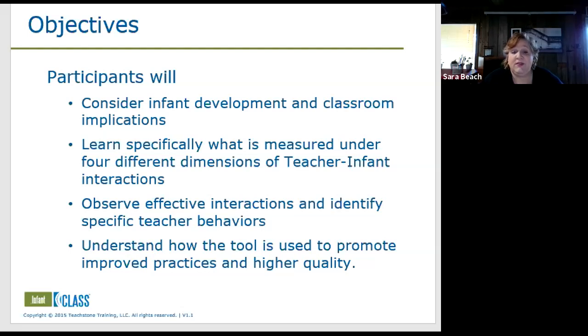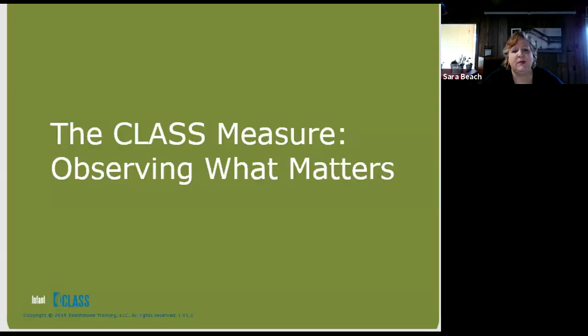And that's the beauty of this kind of tool, because it gives you a framework. It gives you a list of all the things that you would need to do if you're a teacher in order to be highly intentional. And like I said, it's been shown to be correlated with the best outcomes for our kids. So they only included behaviors and interactions in this tool that were found in research to really make a difference for kids. They measured both teacher and children outcomes. So let's talk about what the tool measures.